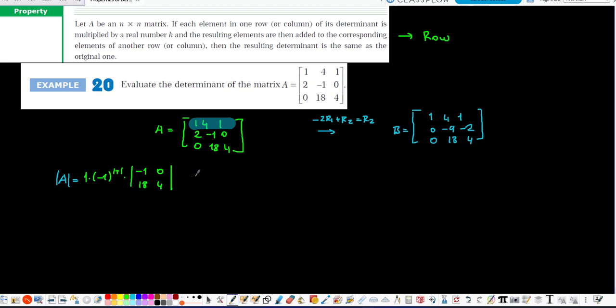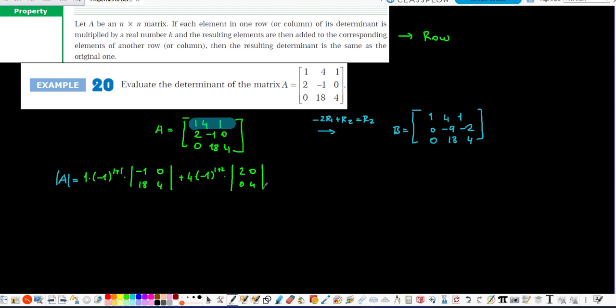Then plus 4 times, I said I'm going to use the second row, but I used the first row, sorry for that one. 4 times minus 1 to the power of 1 plus 2 times the minor, it's going to be equal to